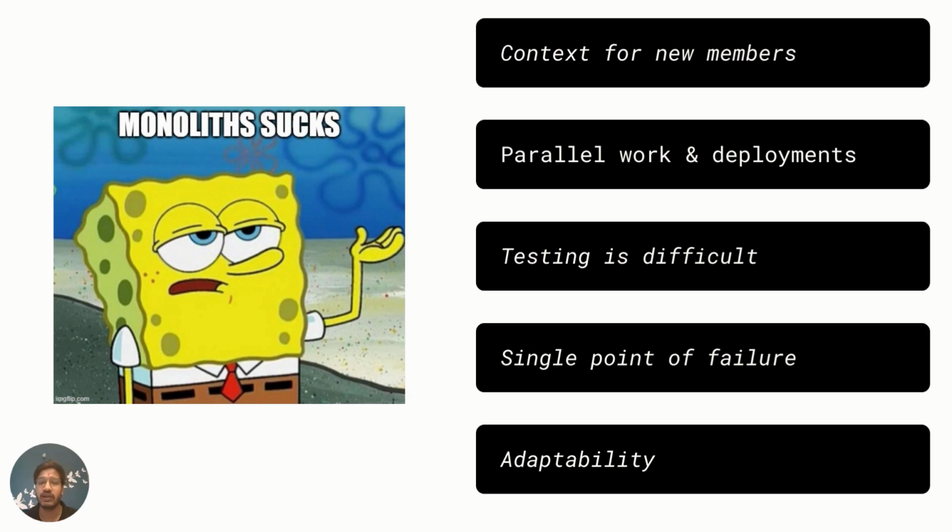Then comes parallel work and development. Deployments are very complicated when it comes to monoliths. The reason being, any small change requires a new deployment, and each deployment requires continuous monitoring as well. And it gets tricky when multiple members are working on different code bases, because as I earlier mentioned, anything and everything is tightly coupled, and each and everything that you touch directly or indirectly touches all the other parts in a monolith architecture. So deployments become very difficult, and the team needs to deploy things very frequently if they are making changes very frequently.